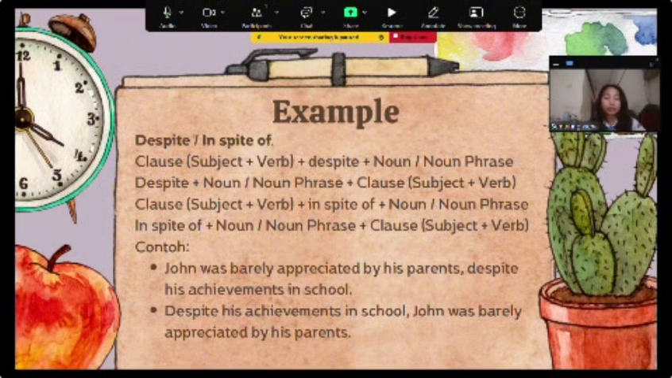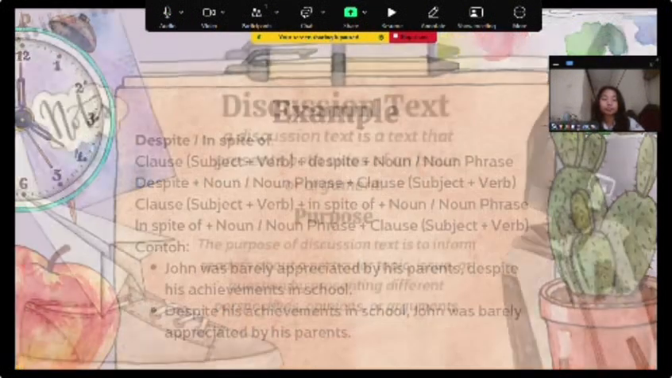For the example is, John was barely appreciated by his parents despite his achievements in school. The second, despite his achievements in school, John was barely appreciated by his parents. So